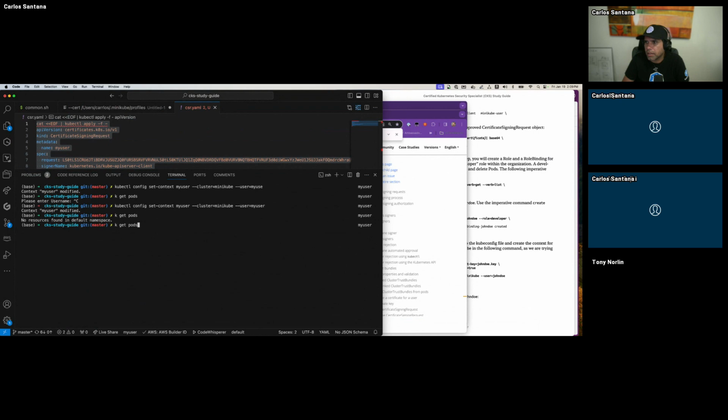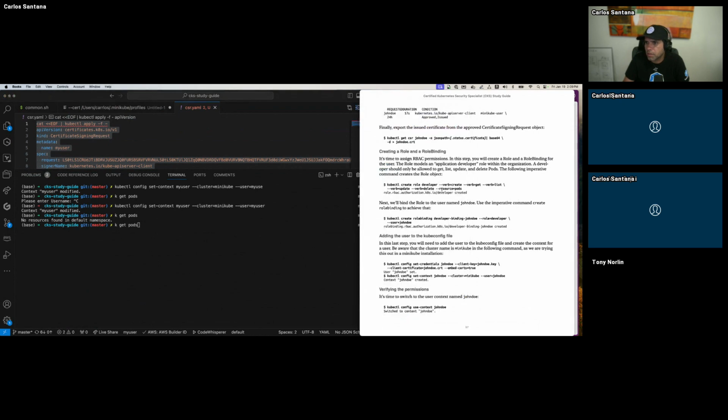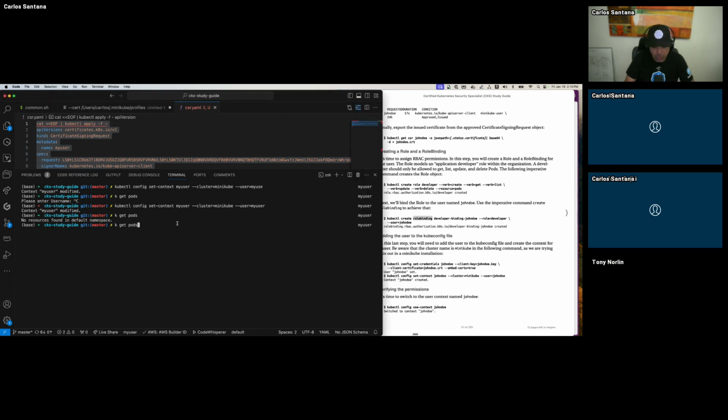Yep. Can I do it on any namespace? It will give you access denied if you do it in any other namespace, for example kube-system. If you try it, it will be access denied, because I created a role binding in the default namespace. If you don't specify a namespace, I can only do it on the default namespace. Get pods -n kube-system will not work. But if I do it in default,